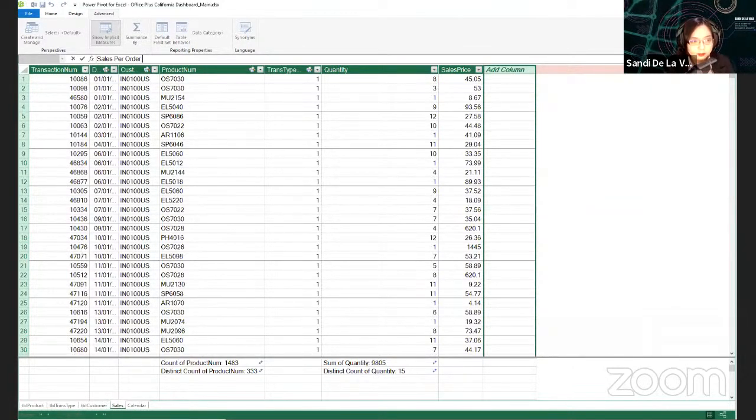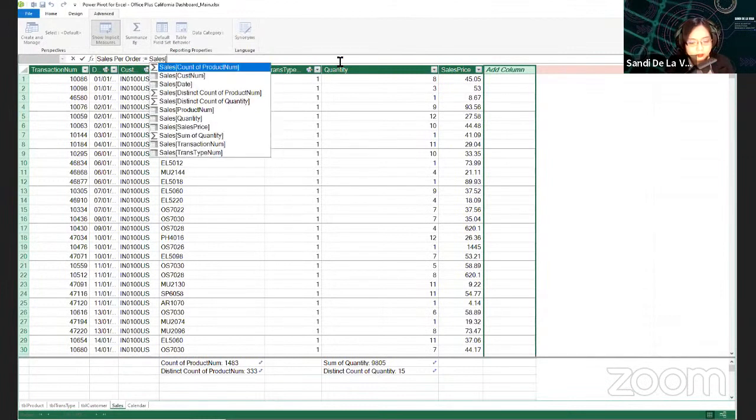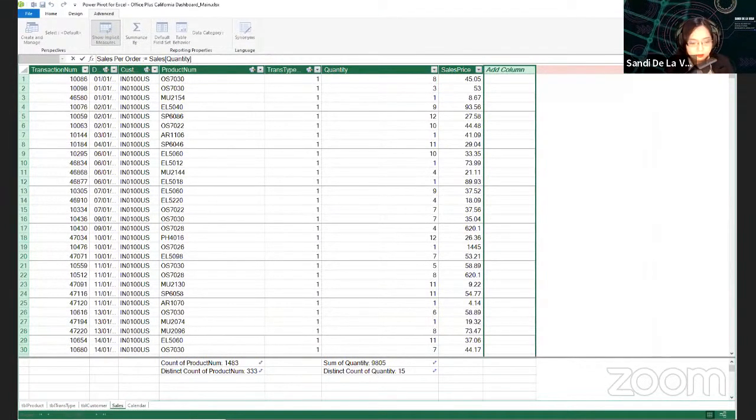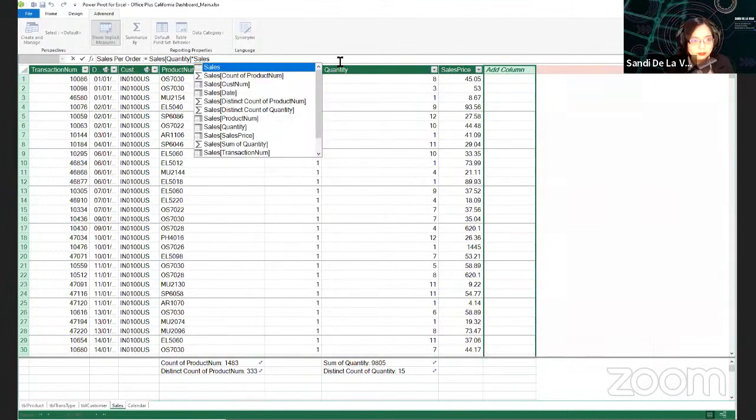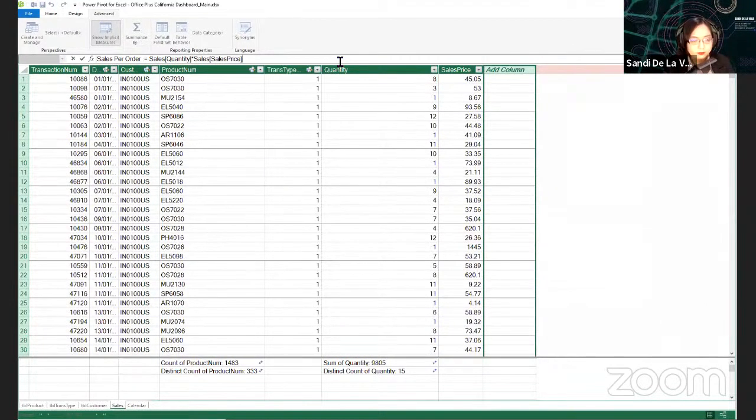This is the column name. Be very careful with the calculations involved in this DAX. You will need colon equals, and then just multiply sales quantity by sales price, and just press enter.